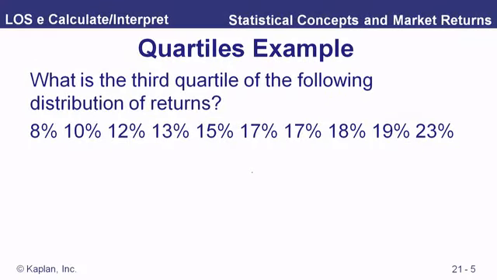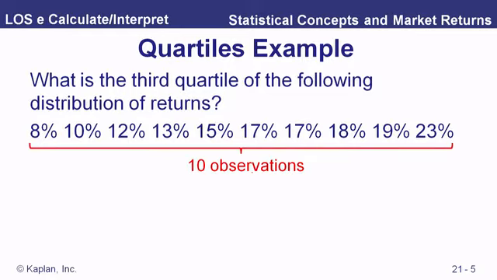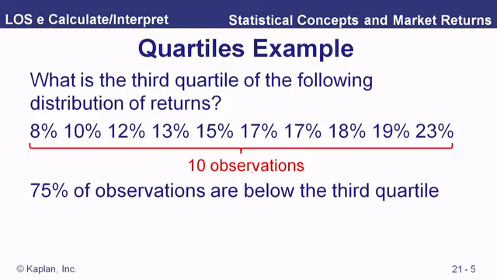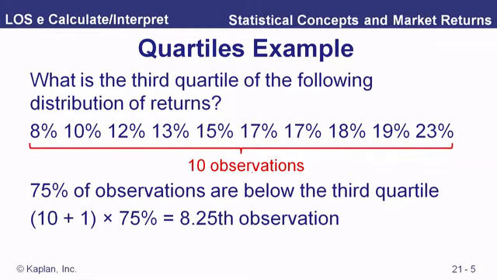So let's take a look at an example. What's the third quartile of the following distribution of returns? Well, we know the third quartile is the 75th percentile, right? 3 times 25%. And we've put them in order here. We've got 10 observations. And 75% of those are below the third quartile. So what's the location of that 75%? Well, here it is, 10 plus 1, that's our n plus 1, times our percentile, 75th percentile,